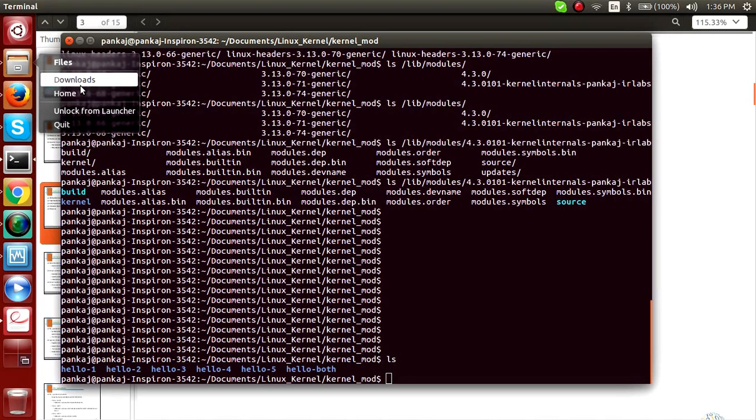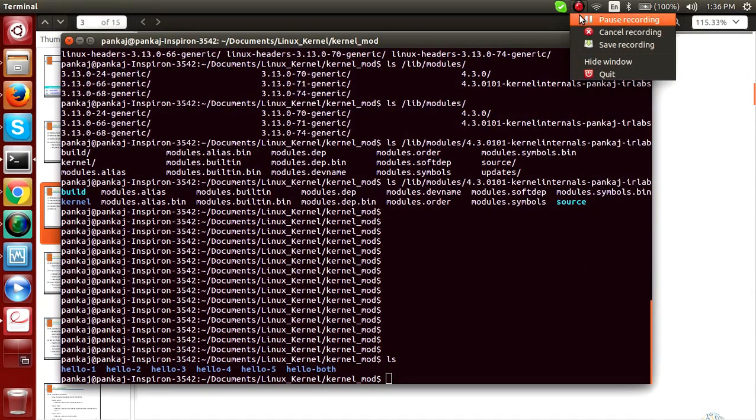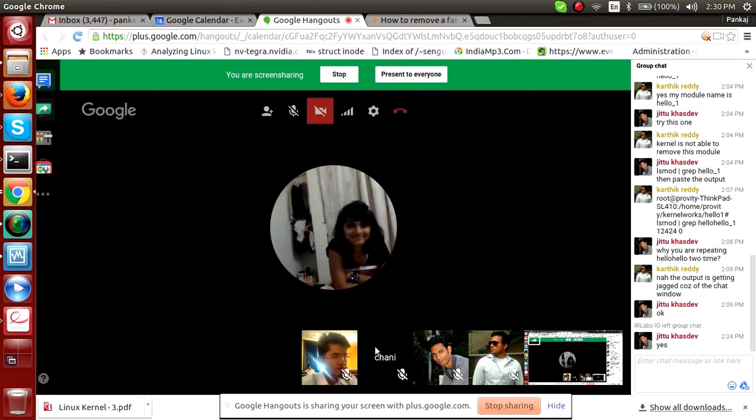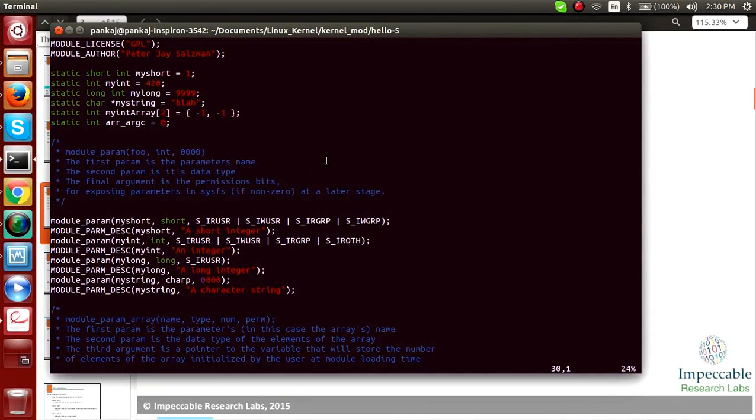Try this particular module param feature once, and we will discuss it. Just paste your outputs here.